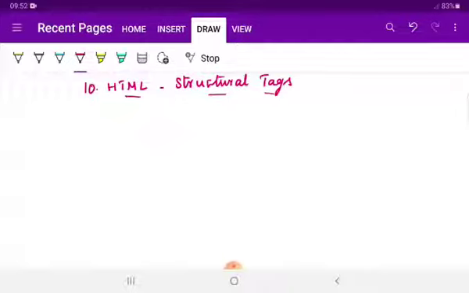Then what do you mean by static web page, dynamic web page, how you can surf, and what are the do's and don'ts seen in the surfing of the web. Everything we have discussed in the previous lesson. So in this lesson, what we are going to see is how to have the content,